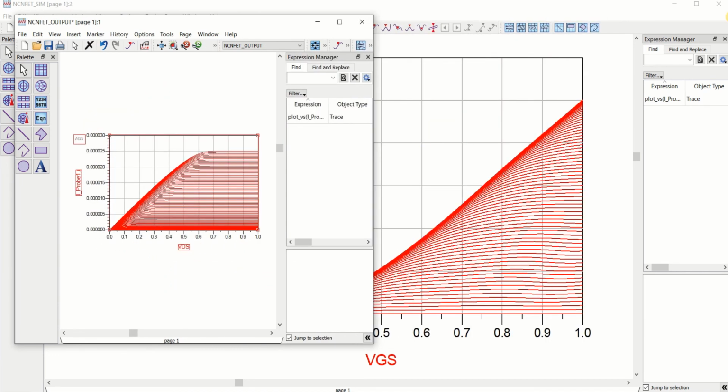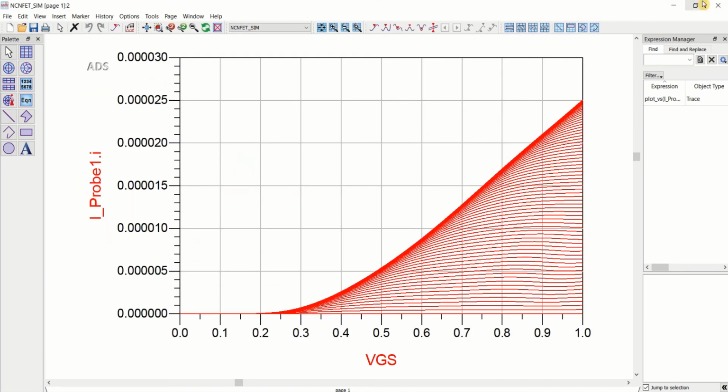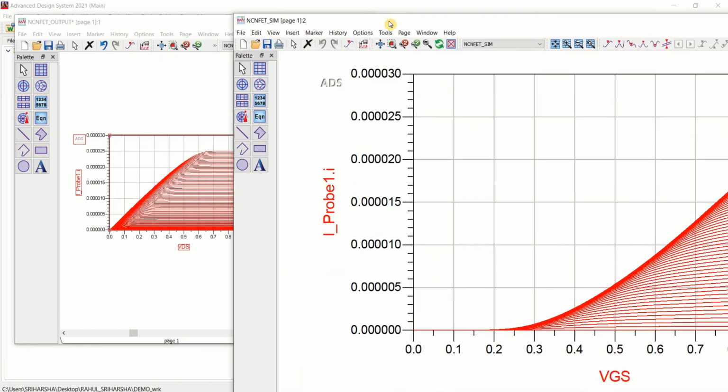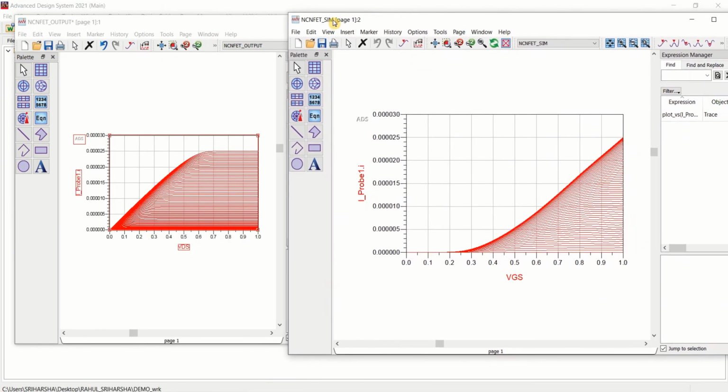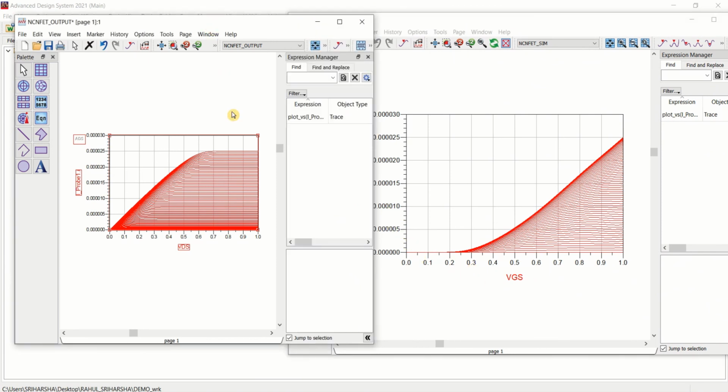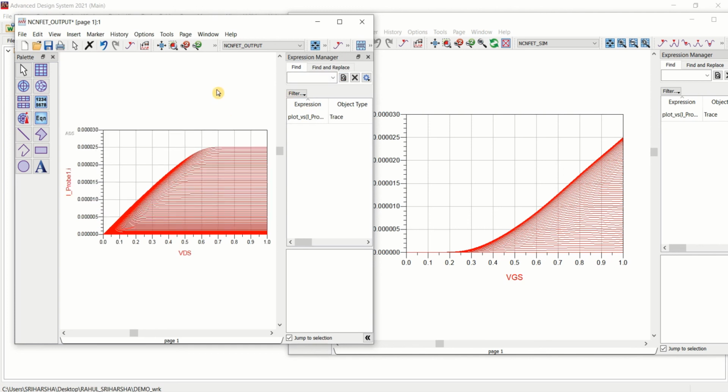If you want, you can adjust them side by side. So this is the plot for ID versus VGS, and this is the plot for output characteristics of NMOS. In this way, you can use the Verilog-A model for NFET and PCNFET.